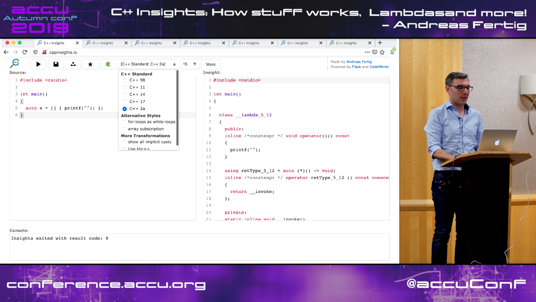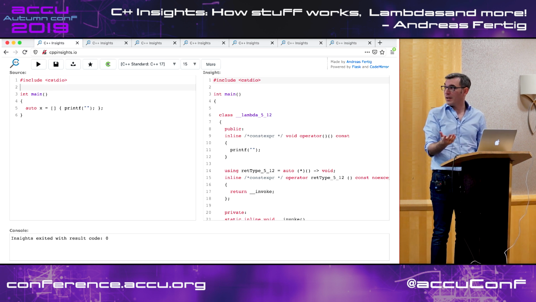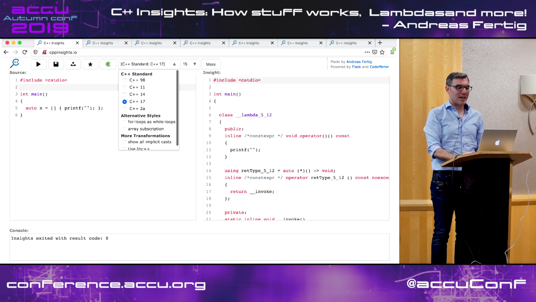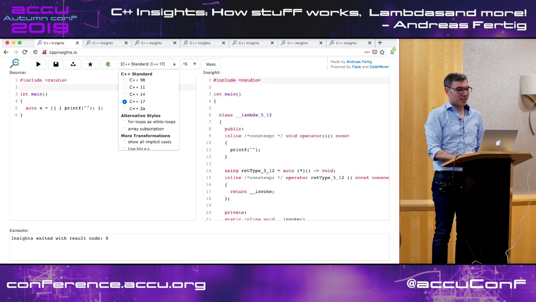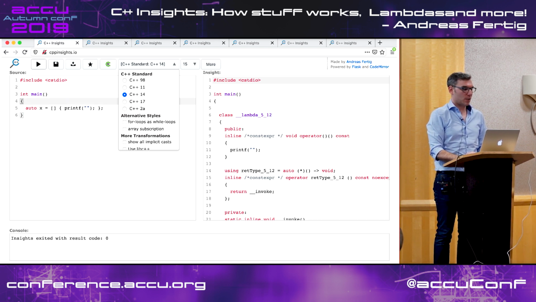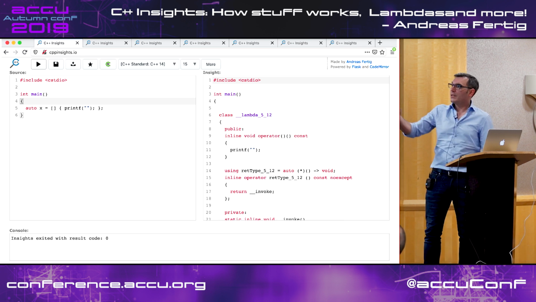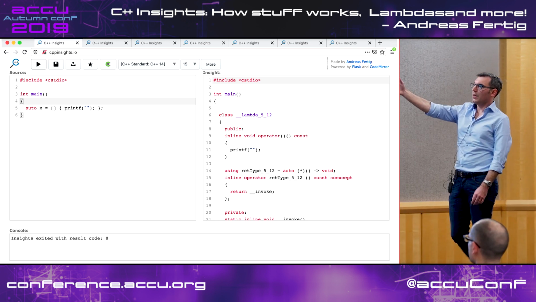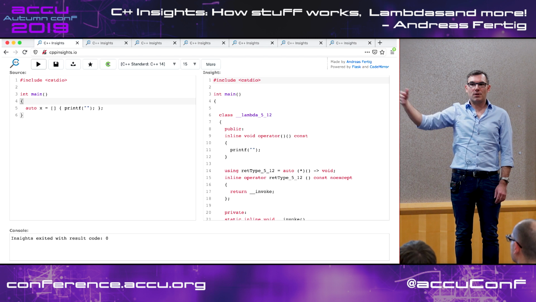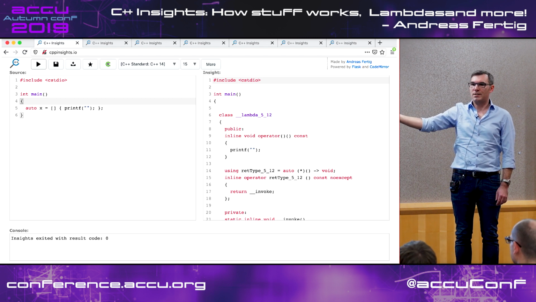But what you can see is, did you see nothing? Which is not the intent. Oh, we are back. So you can select the modes. Here currently C++17 is selected, and once I switch to 14, you will see that the constexpr is gone, because in this mode the compiler doesn't add the constexpr.